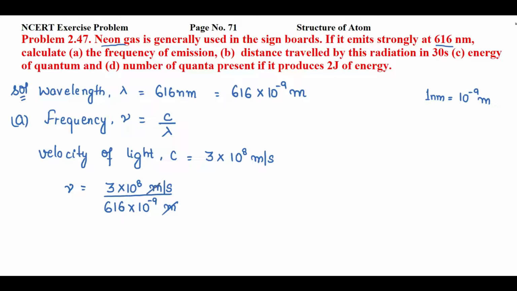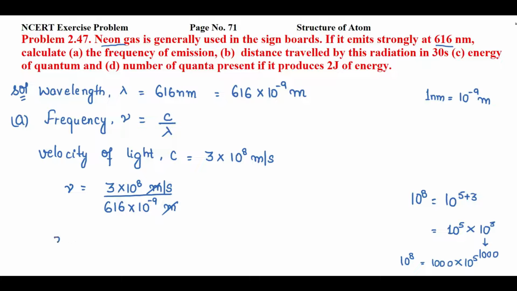Now I'll cancel meter with this. If you see, this 3 is less than 616, right? So it will be complicated during the division, right? So what I'll do, I'll simply make this value higher than 616, right? So for this, I can write 10 raised to power 8 as 10 raised to power 5 plus 3. If we are having powers in addition, this means these powers are in multiplication. So it will be 10 raised to power 5 into 10 raised to power 3, right? This 10 raised to power 3 can be written as 1000. This 10 raised to power 8 will be 1000 into 10 raised to power 5.